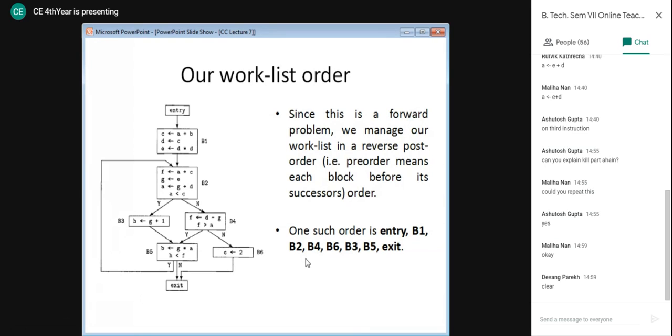Each block is to be done before its successor. The successors of B2 are B3 and B4, so before B3 and B4, B2 must be done. B2 is done immediately after B1, and so on. Multiple work lists are possible, and this is the order we are going to follow for our example.